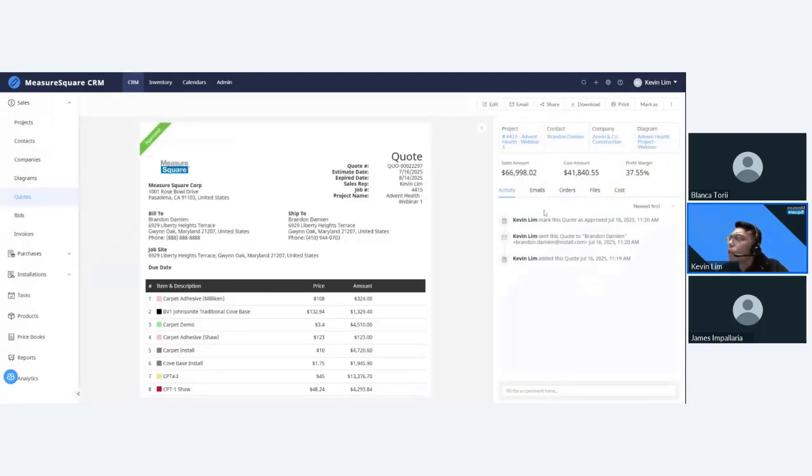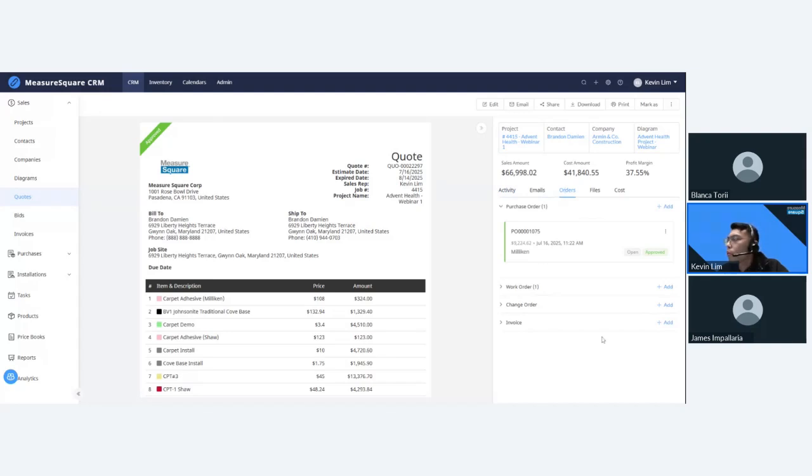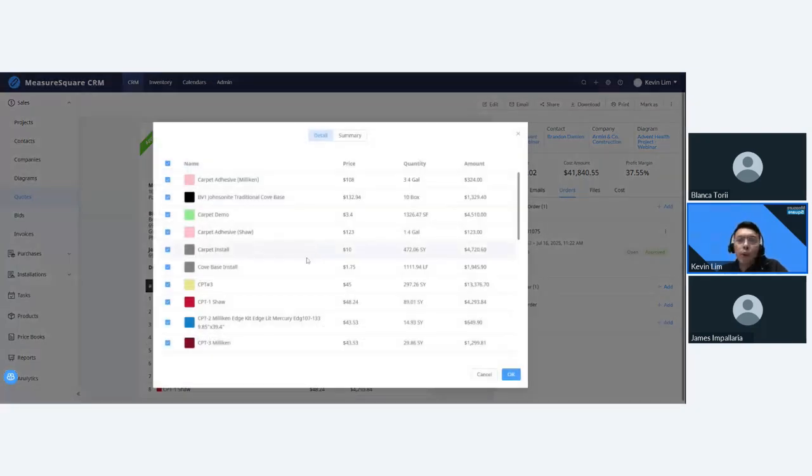So the quote here will be the source for all our data. And now I can convert this quote into a bill. So similar to our other documents, we just go to our orders tab, go to invoice, select add, to pull in all that information or your products from your quote. Then when you click on OK